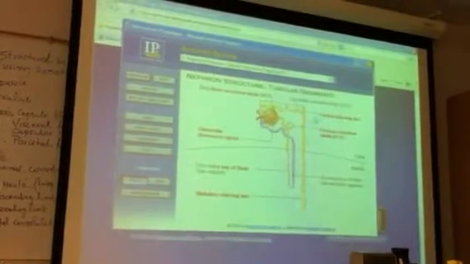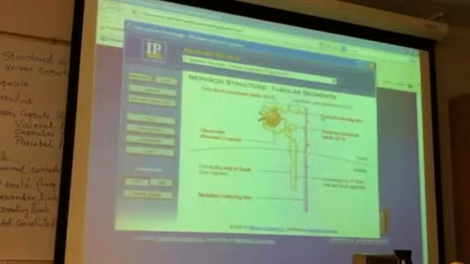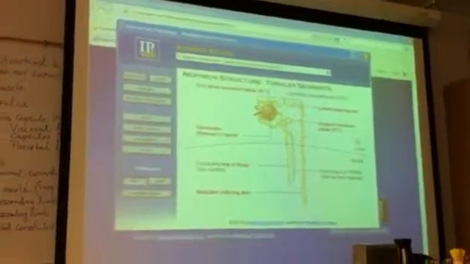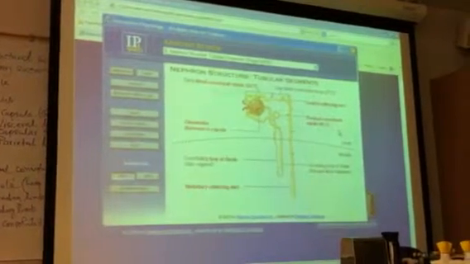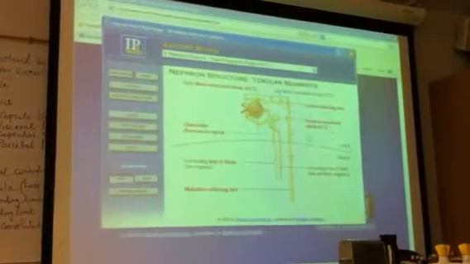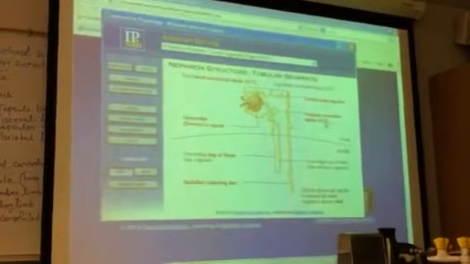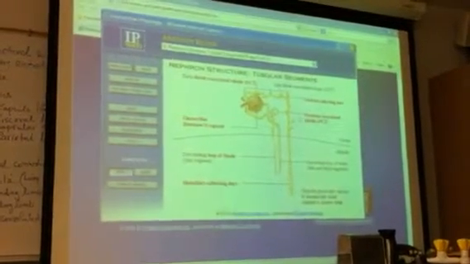So remember that cortical collecting duct is not a part of the nephron. The next several pages will follow the flow of fluid through the nephron and discuss the unique characteristics of the specialized cells in each segment. Click the glomerular capsule to examine this initial segment in greater detail.